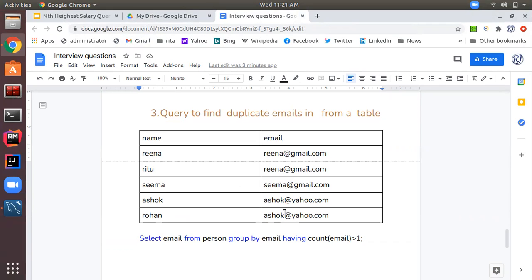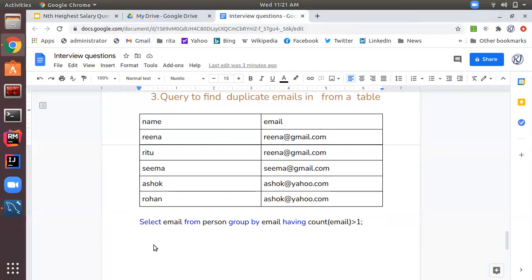So let's see how to do this. The query for this I have written already. Query is select email, since we want to display the duplicate email, then from the table name, it could be anything. My table name is person here, so I give person.